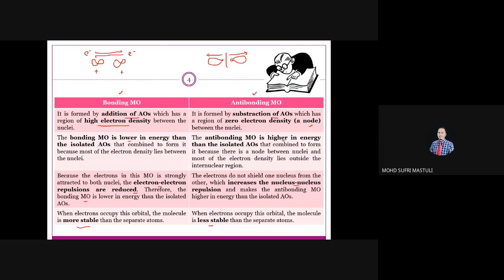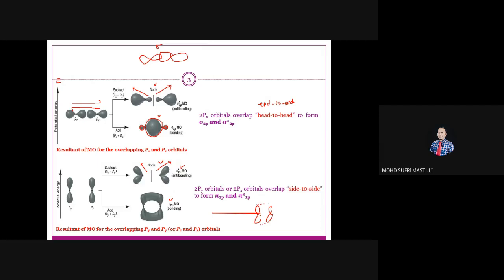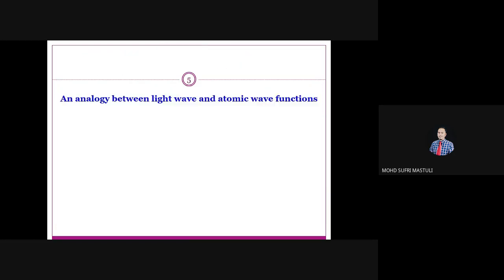Okay, so this molecular orbital is stable. This is less stable because this is higher energy. That one is lower energy. All right. So for this one, nothing much. This one is we try to